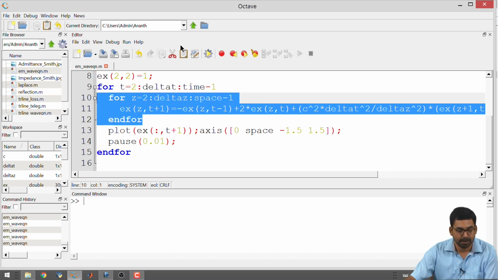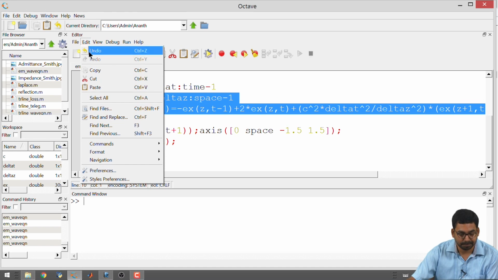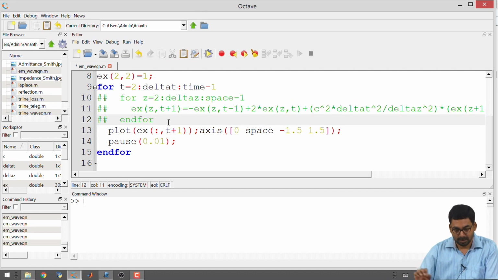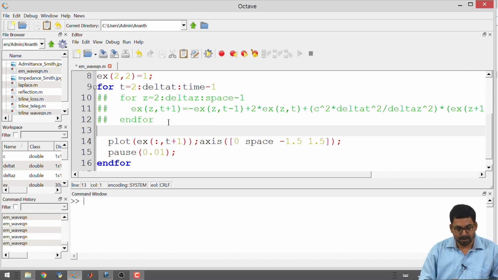Okay. So, first step, I will comment this portion. And I am going to write this for loop in one line of code.